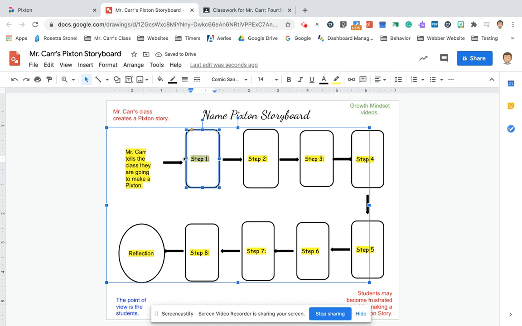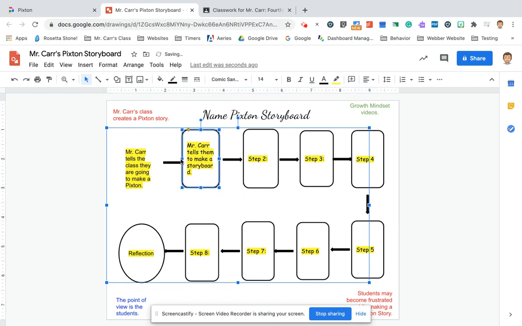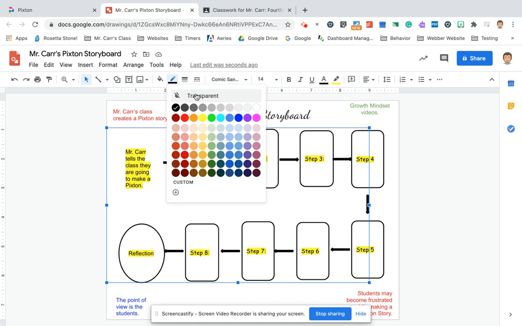All right, so the next step, number 2, what happens in the next one? I'm going to get rid of the step 2 and I'm going to write in this. Mr. Carr tells them to make a storyboard, period. Okay, now same thing here. If I click here, I can stretch this out just a bit. I can stretch it this way too. That way it fits in here better. Also, I can come up here and I can click right here on the border and make it transparent